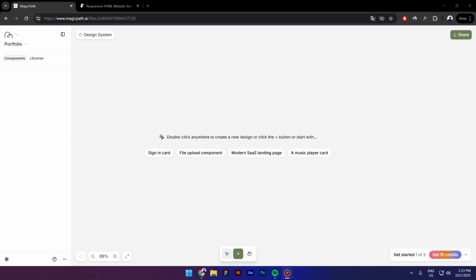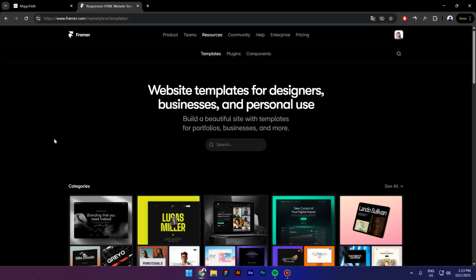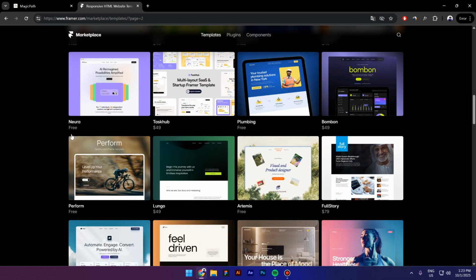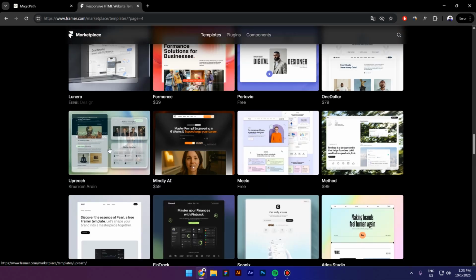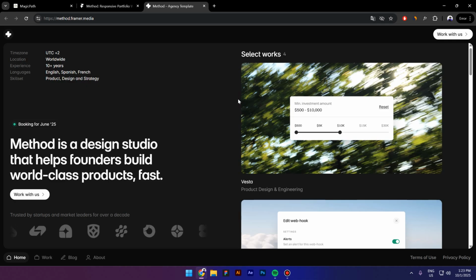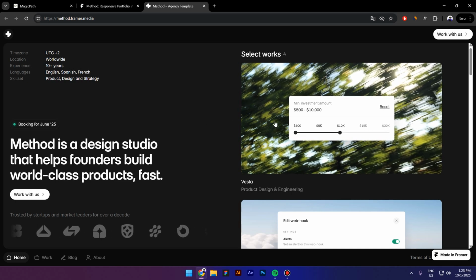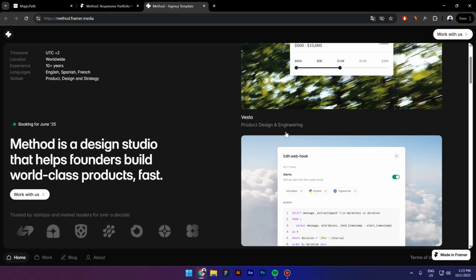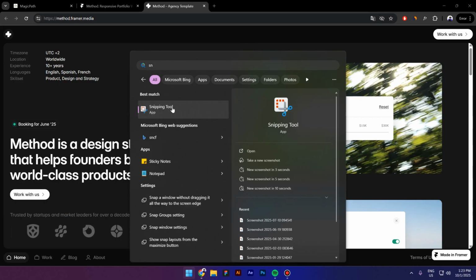So let's get started. So I'm inside MagicPad and I would like to design a portfolio that has a split layout design. And for this I'm gonna use the Framer Marketplace, which is a great source of inspiration. And here you can find a lot of templates for designers. And this one right here, created by Justin Ferrugia, it has a great layout. So this is a split layout design, guys. As you can see, on the left side you have a fixed content, and on the right side you have these projects which are scrollable. So next I'm gonna take a screenshot of this website